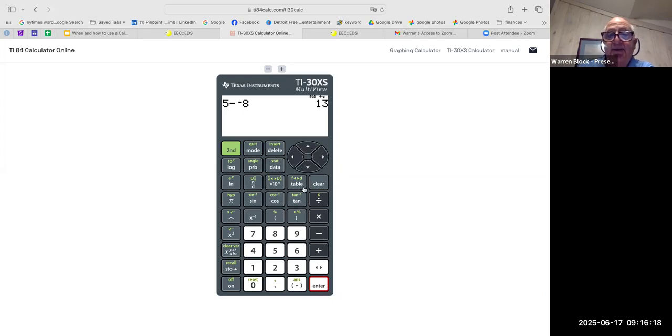Now, if we want to use that 13, we can do second negative sign, second negative, and now 13 is that answer. So if I want to multiply 13 times 4, to find out how many cards are in the deck, that will do that. If we're not sure what the answer was, you can press the up arrow and see the line that came before. If you want to edit some of the things you're doing, it's nice to do. But hopefully,